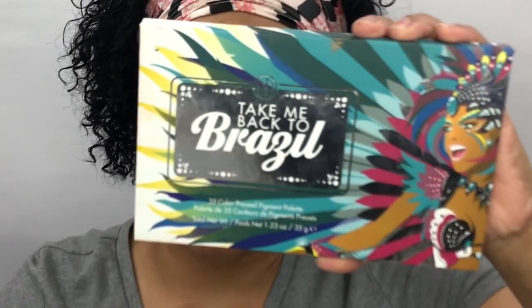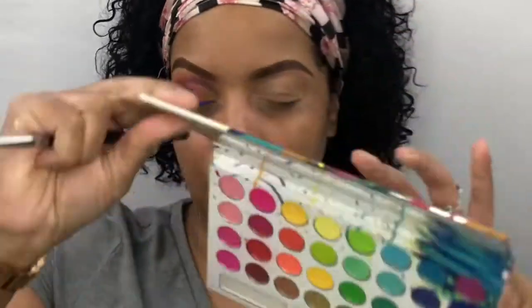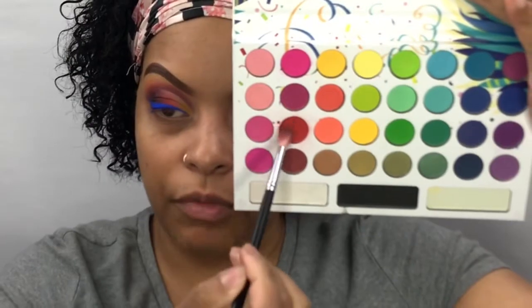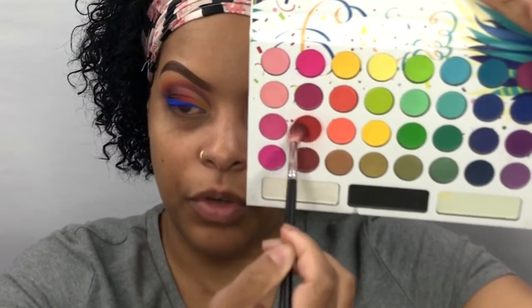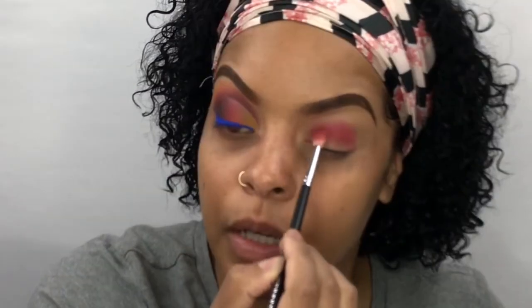I'm going to be going into the BH Cosmetics Take Me Back to Brazil palette, and I'm going to be using this red shade right here. And the brush that I'm using is the Morphe 514 brush. And I'm just going to pack that shade into my crease. I'm going to bring that into the inner portion of my eye. And I'm just going to pack that shade until I get it